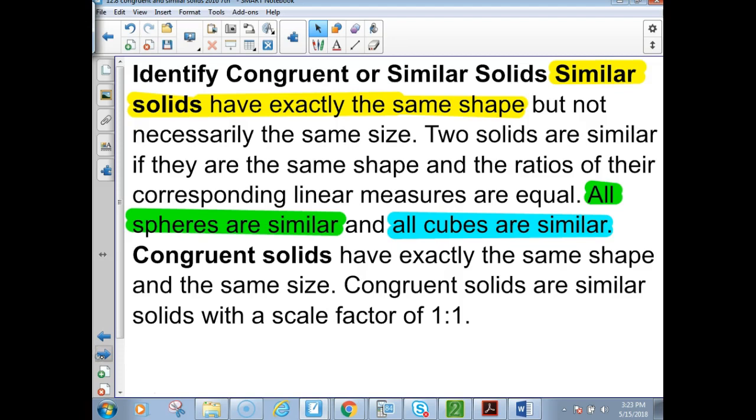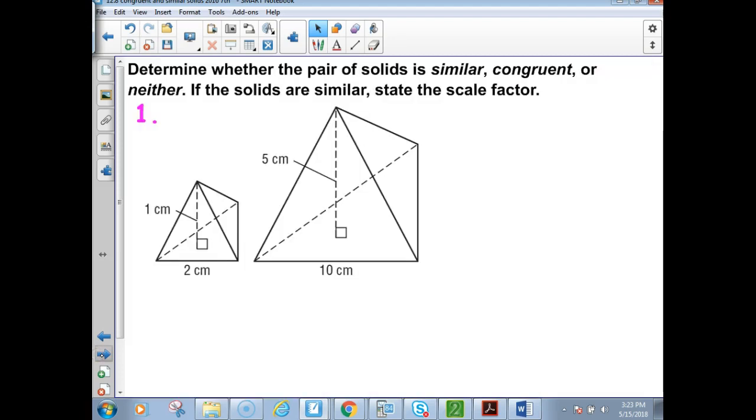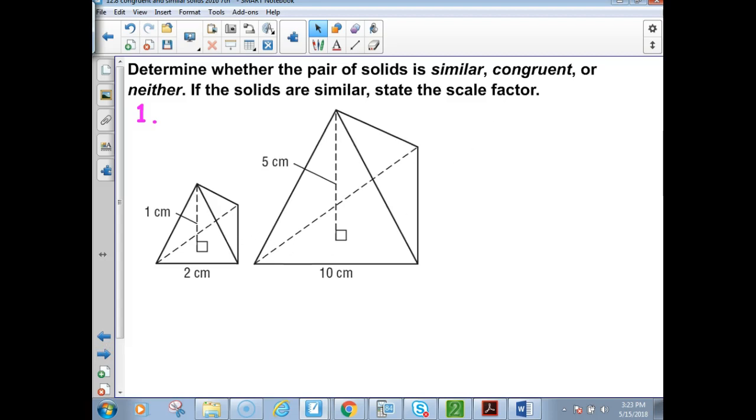Okay. I will not read all this to you again. Let's check out if these are similar, congruent, or neither. First we check,